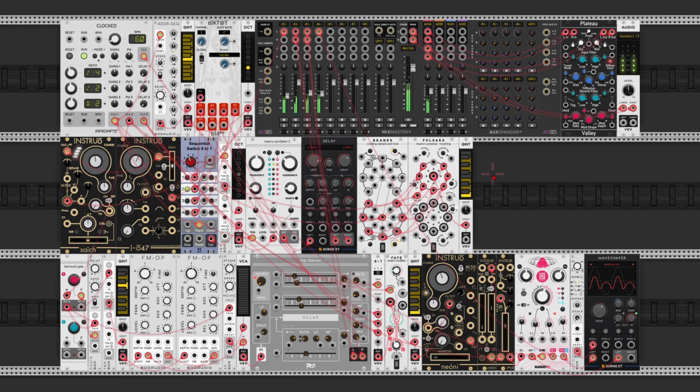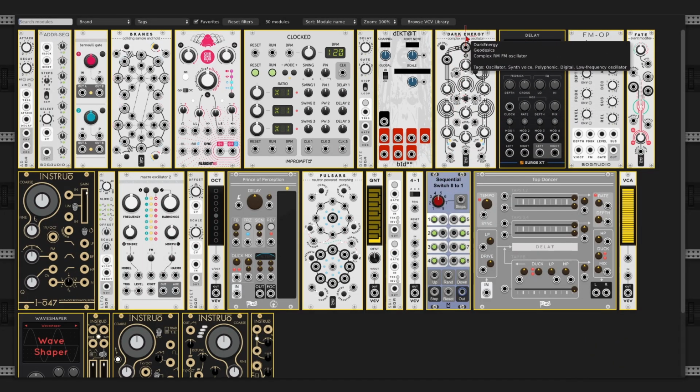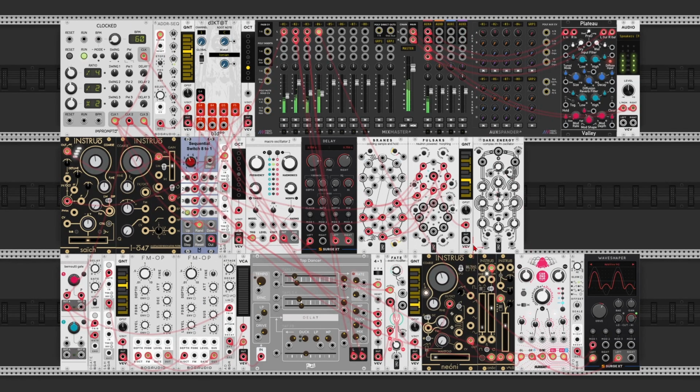Since we're already using Geodesics modules, I'm going to use a DarkEnergy module from the same collection to play these notes. Connect the quantized sequence to its input, reduce the volume on the mixer to -10 dB, and connect the DarkEnergy output with the mixer. Mute the other voices for now,